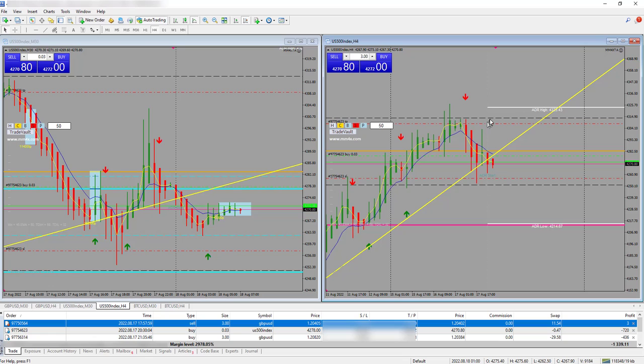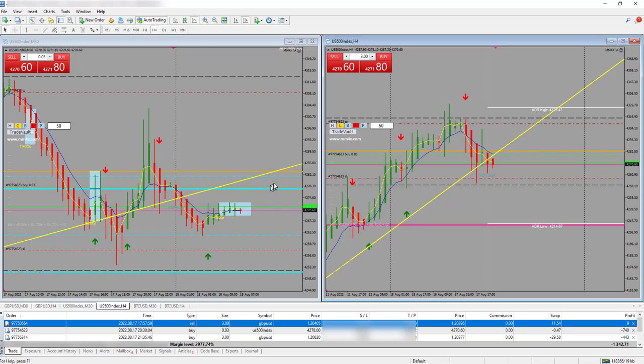However, today's high is right here. Today's super high is right here. This is the dotted black horizontal line. And the super low of today is right here. Now, price may come down to test this super low right here, and then go back up to test the super high. So my bias is that this pair will trade in a bullish momentum for today, all right? For today, right? So my bias is to buy,